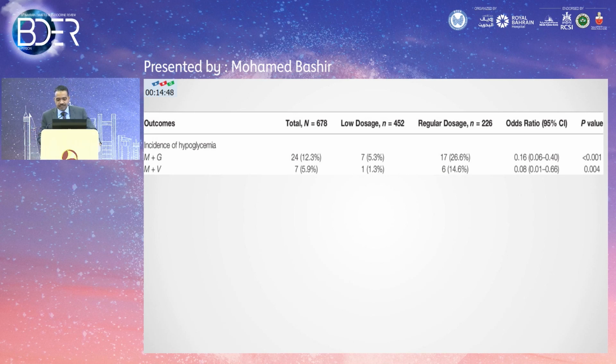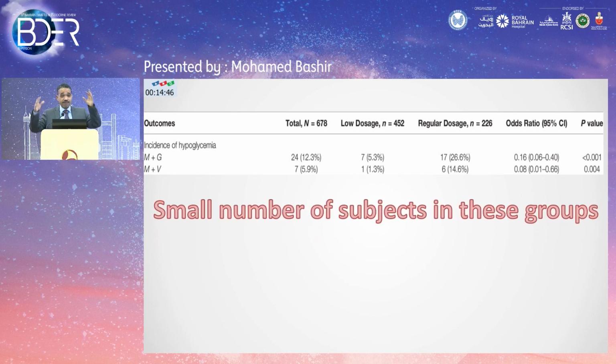However, the problem with the studies is that because they have 4 different groups, they ended up with very small numbers in each group, and that gets you to question the validity of the study. The numbers are very small. However, they raise the question of should vildagliptin be reduced.